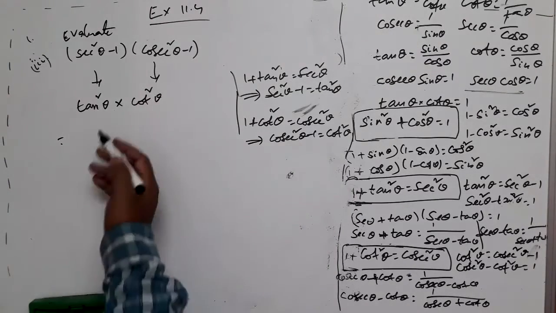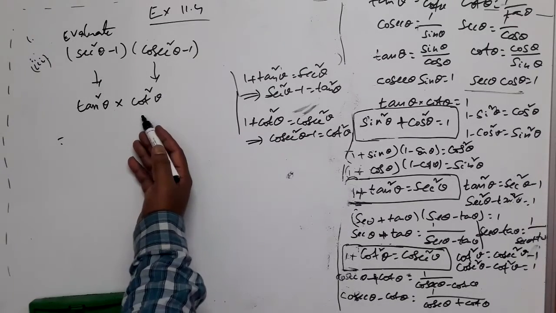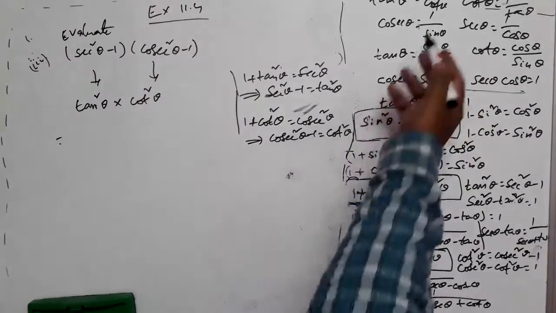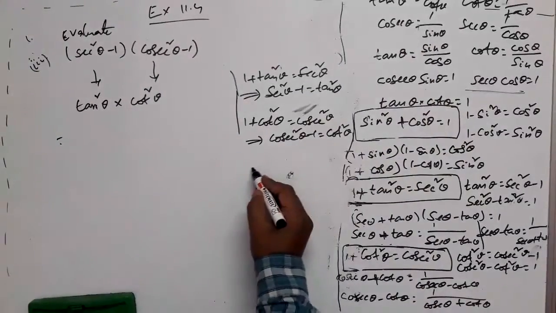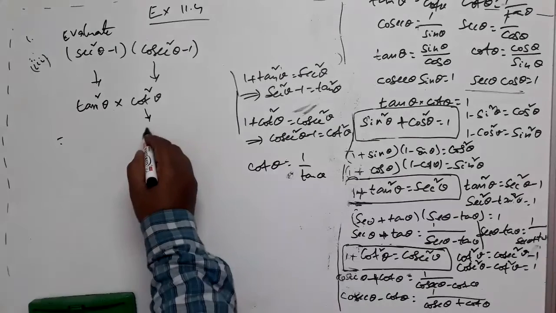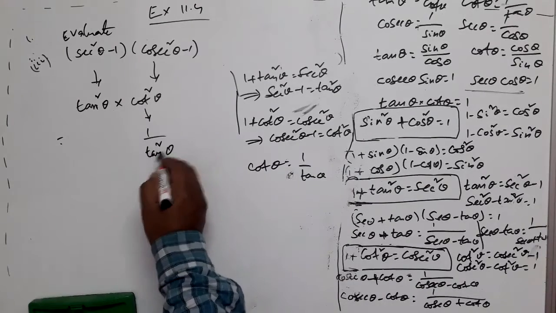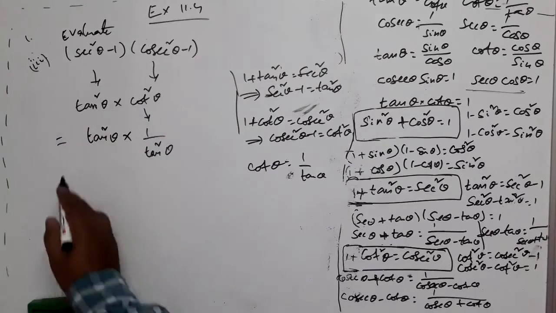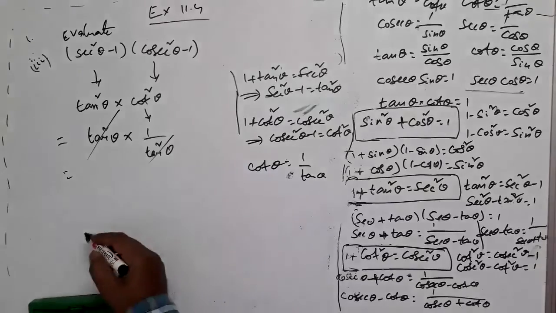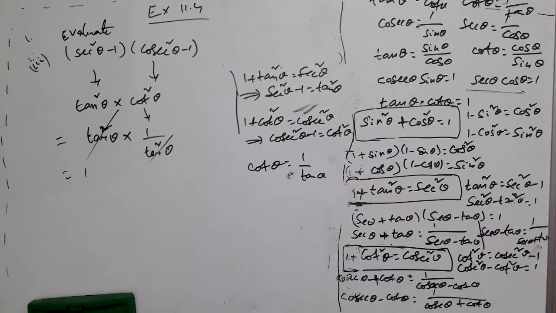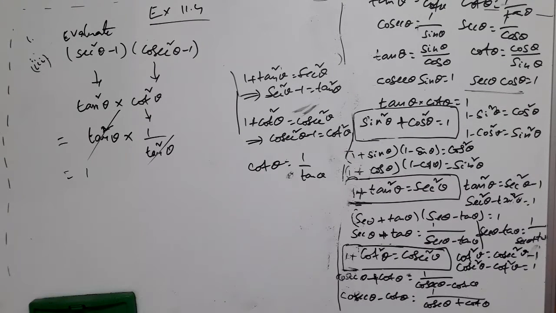But what is tan theta? What is cot theta? We know tan is sin by cos, cot is cos by sin. They are reciprocal of each other. So cot theta can be written as 1 by tan theta. So this expression can be written as 1 by tan theta whole square, that is 1 by tan square theta. I am leaving the other term as it is, tan square theta. So these two terms are equal, one in the numerator, one in the denominator, they get cancelled. So your answer is 1. That's all. This is the third bit of question number 1.